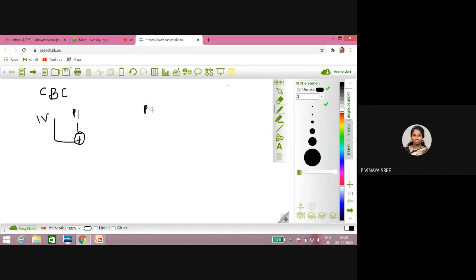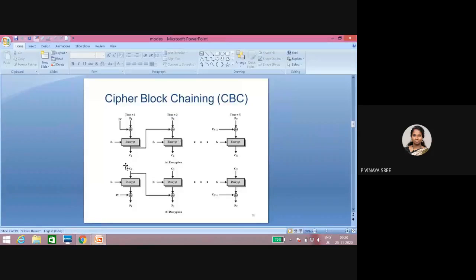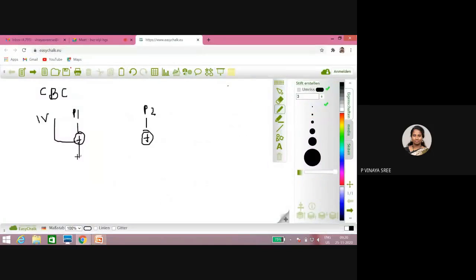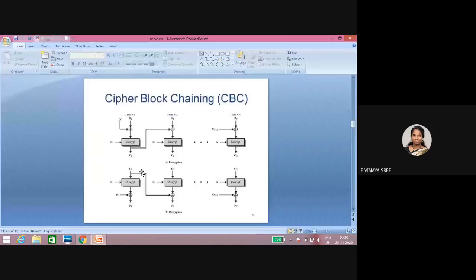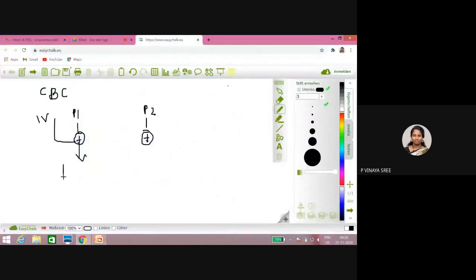Next, P2 is XORed with the previous ciphertext. After the XOR operation, we encrypt this with the key, and finally we generate ciphertext C1.